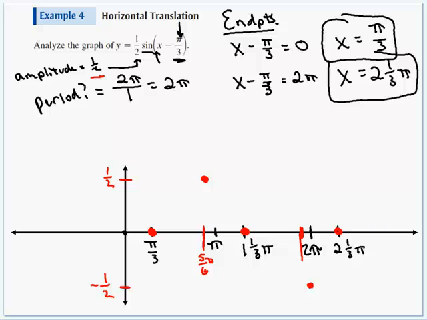So we have enough info to put our graph together. We start here at a third pi. Sine function, positive sine function is increasing. We hit our peak, and then we start heading down. We cross the x-axis at 1 1/3 pi. We come down here, bottom out at 1 5/6 pi, and then come back up to the x-axis. And if I do that in one continuous drawing,